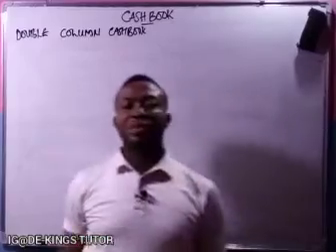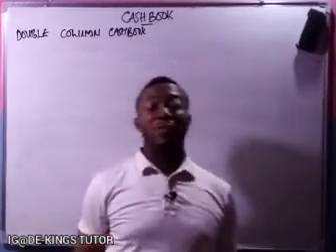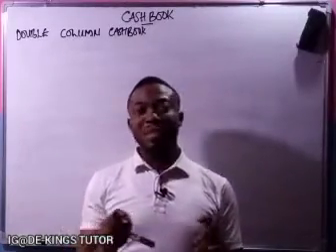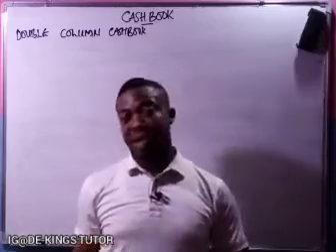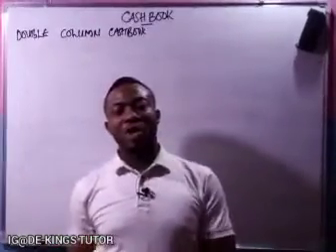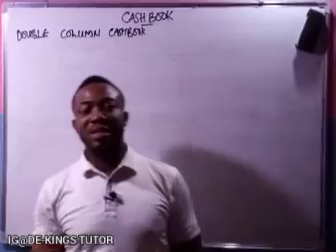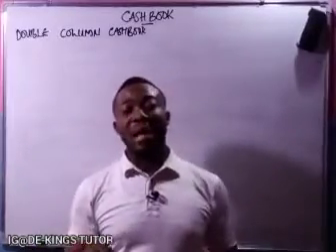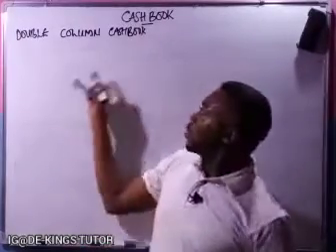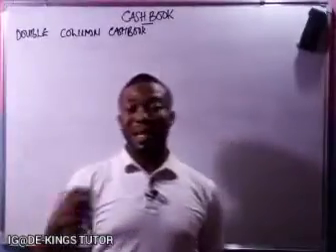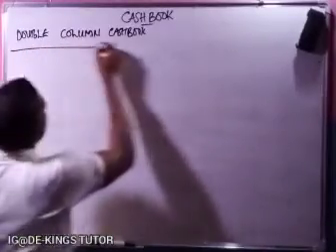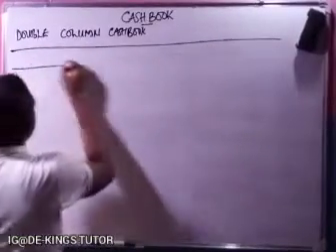Now, the double column cash book is the cash book that has two columns for both the cash and the bank. Now, the first one we said is cash or bank, so it means one can appear, not both of them appearing. But in terms of the double column cash book, it has a column for both the cash and the bank. So in this situation, it is saying that there are transactions where both of them can happen together simultaneously. So that is why it is there. Okay, so the double column cash book is a cash book where you have a column for both the cash and the bank. For instance, if we have, like we said, our format,